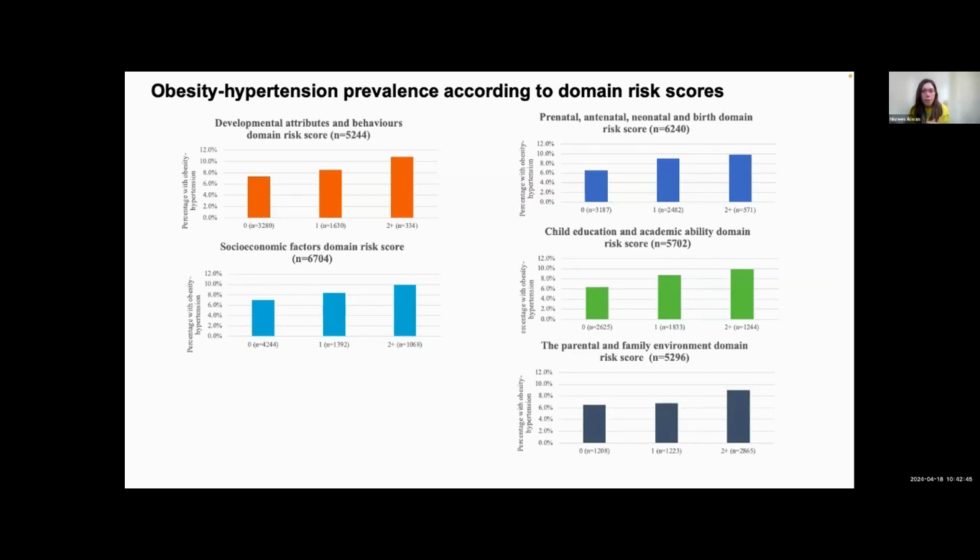So we chose this outcome of having obesity plus having hypertension, whether that's measured in the birth cohorts or reported as a diagnosis by participants. And we took this combination, and this is just a simple figure to look at. What is the pattern in terms of the percentage of people having that outcome combination by scoring the domain? So you can see it by different 5 domains here. The scores, usually the higher is the most adverse factors, if you like, in a domain. And you can see there is a neat pattern there in terms of the percentage of outcomes, to varying degrees